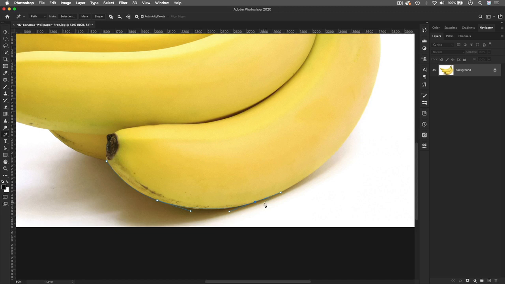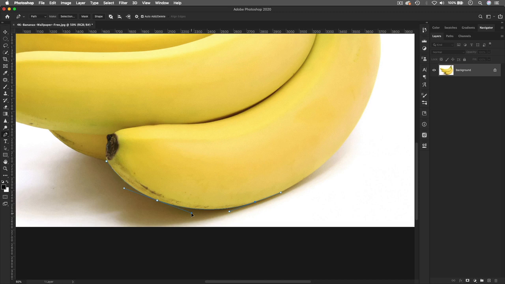the banana. What I can do is hold Command or Control on my keyboard. You see, it will temporarily deactivate the curve creation process. I press and hold Command or Control, and then I can go back, and you see this handle. I can control this handle, those handles, without canceling my creation process. With this I can control both of those